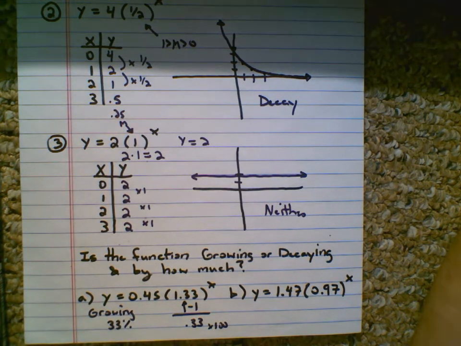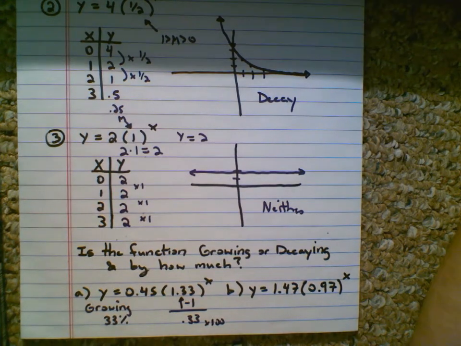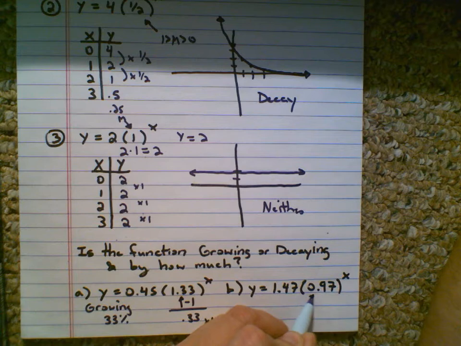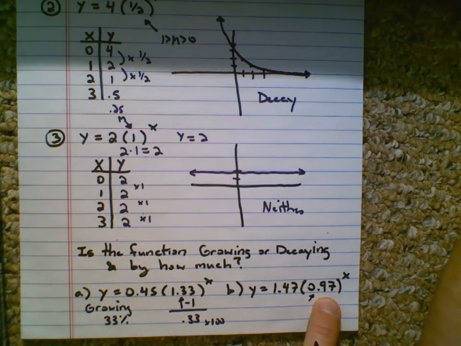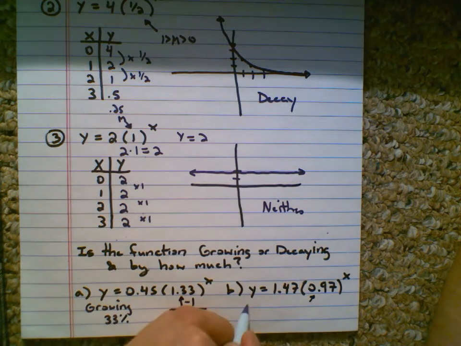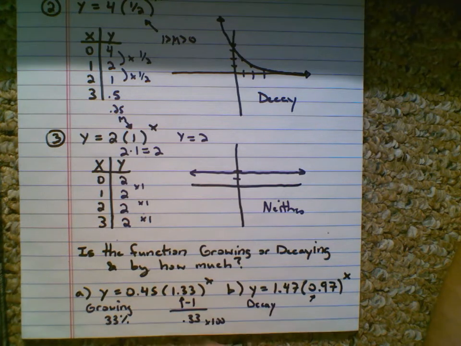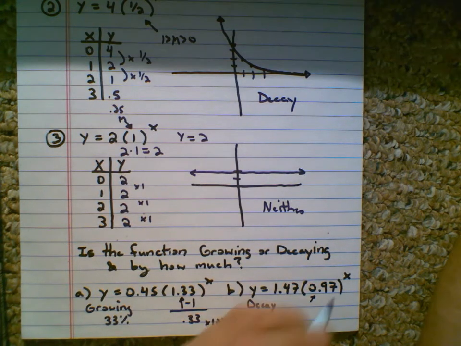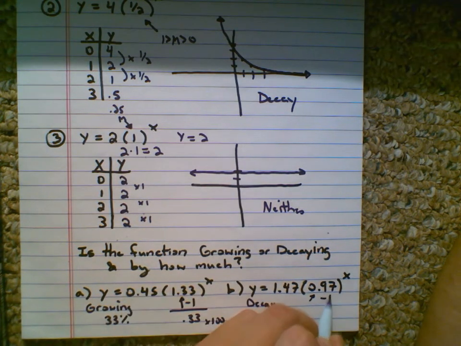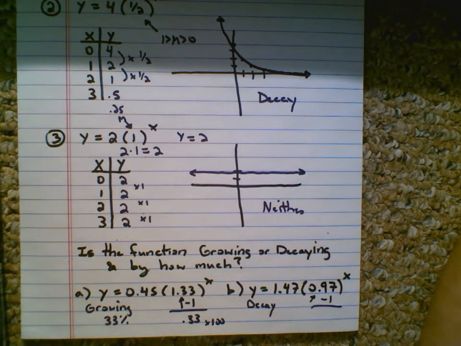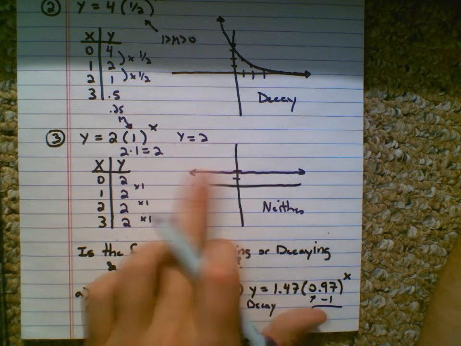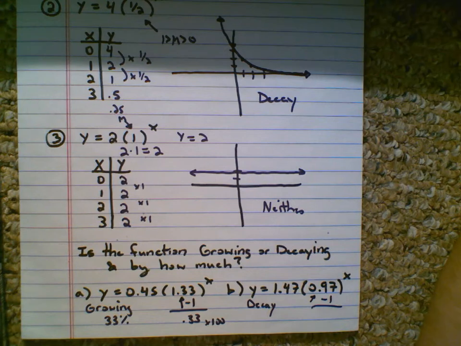Let's look at one more example, and this one we'll do a decay example. So here, I'm still looking at the multiplier. This time, I see that the number is less than 1, so I know it's going to be a decaying function. It's going to slope downwards. And if I want to know how much, I subtract 1 just like I did before. And I'm subtracting a 1 because 1 is where the balance point is. Now, if I do this, I get negative